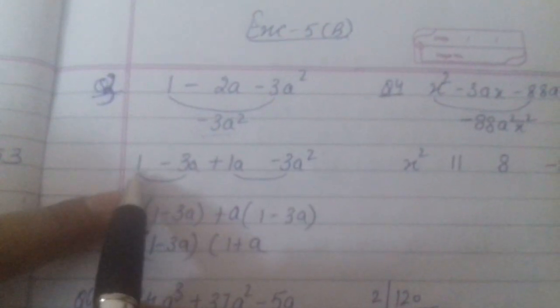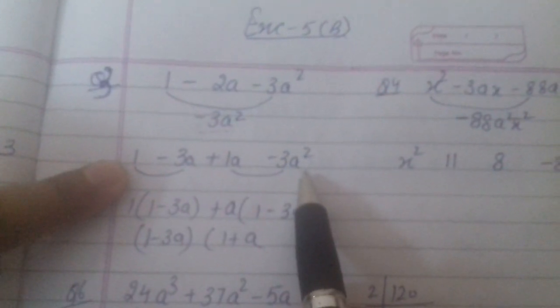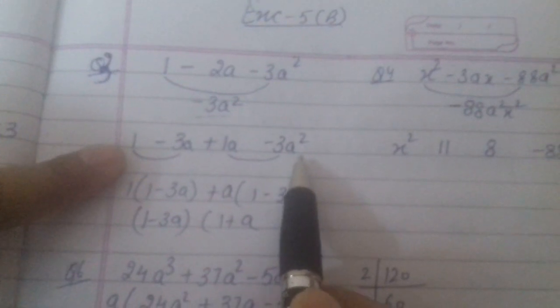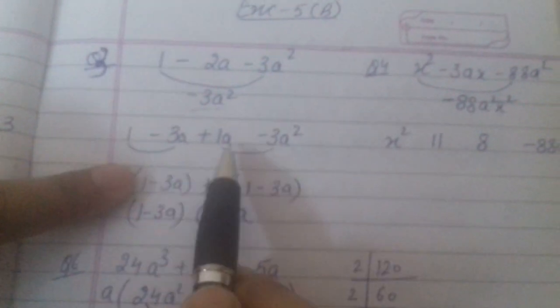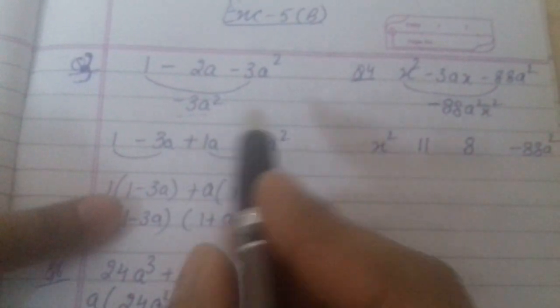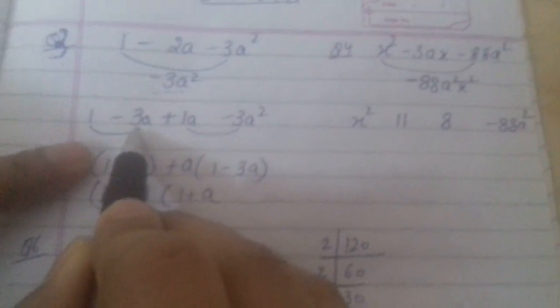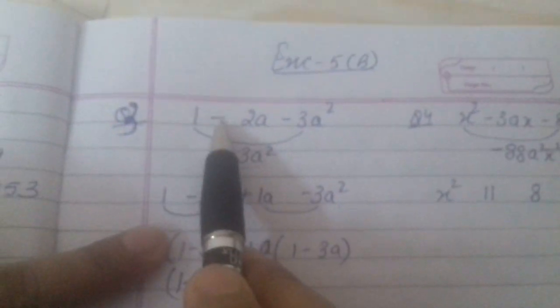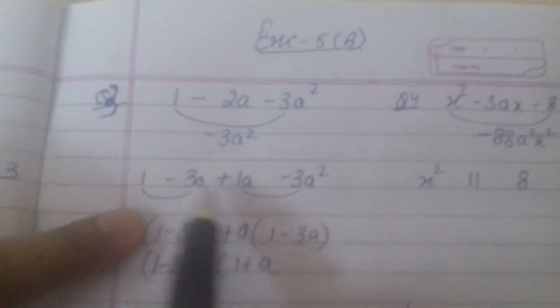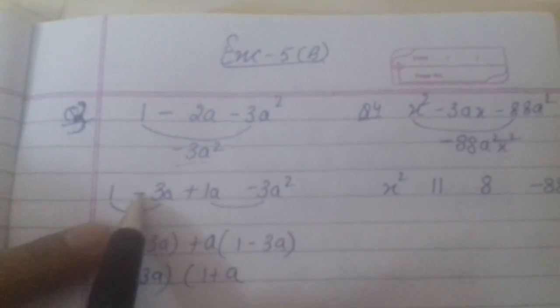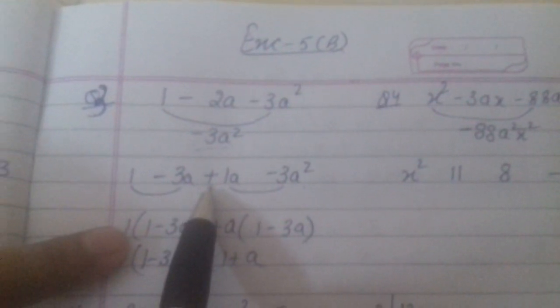Now, what you have to do is, first term and the last term as it is you have to write. Which combination we have selected? 3 and 1. Don't write sign. I will explain you in the next question how to do. Okay, 3 and 1. Now what is the sign of middle term? Minus. So the greater between these two will have the same sign. What should be the sign here?